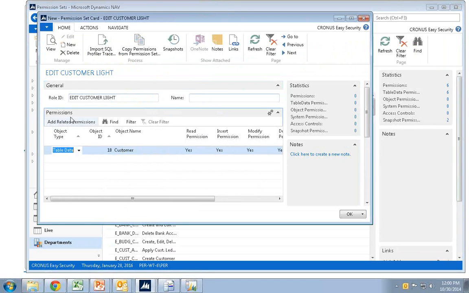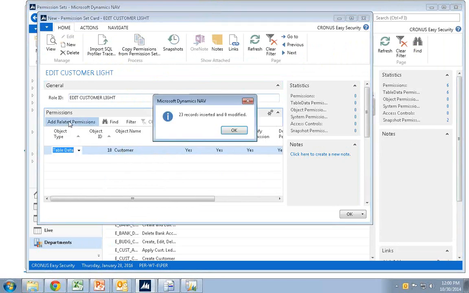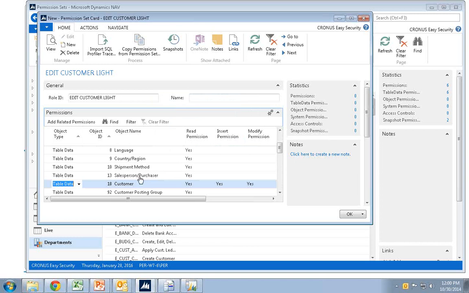When I now have this line, I can go add related permission. It's not a very sophisticated source code analysis as you have in the full product. It's basically just using the field table to find the simple relations in here. But again, very helpful to actually add many customizations in here, for example. So that allows you to do that.